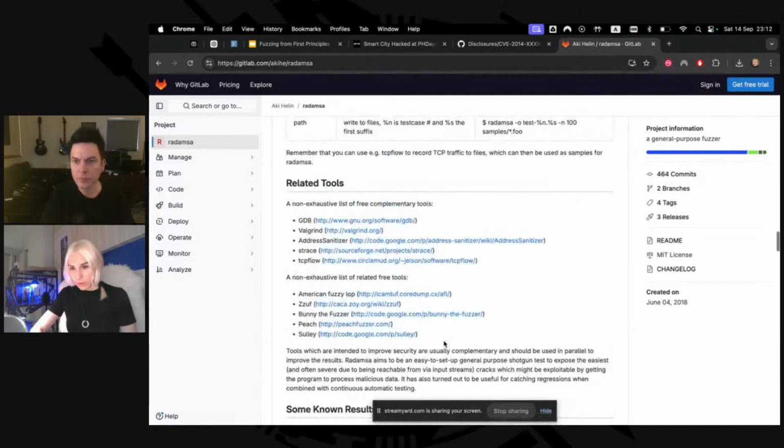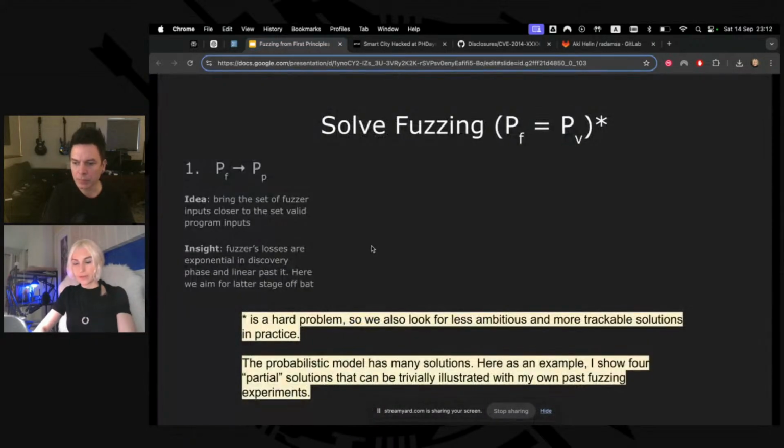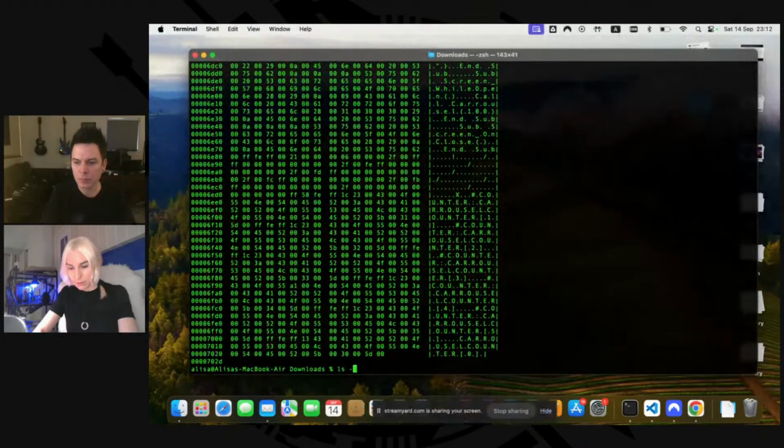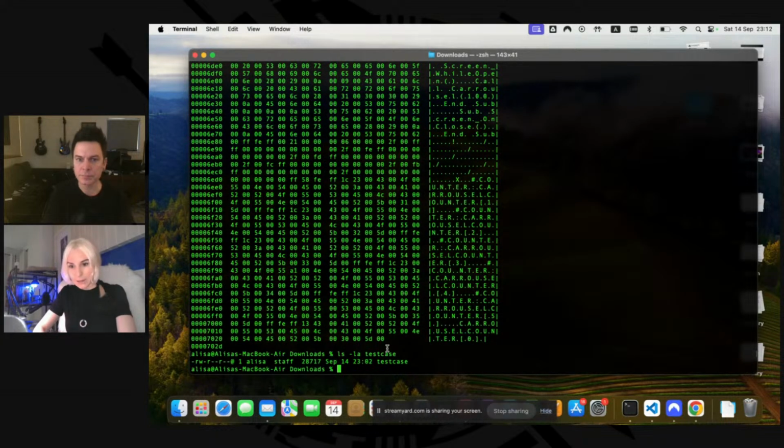So why is this important in the context of my previous discussion? Because imagine that you have a file which is very large. My test case size is 29 kilobytes.